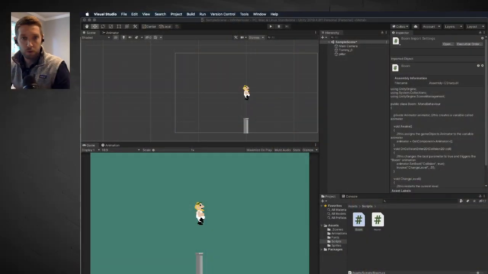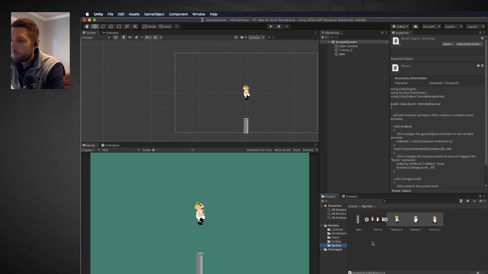Okay, so for this next part of the project, what we're going to be doing is working in the state animator, or the animator panel, so that when Tommy collides with another game object as a box collider, then he explodes. The object is to not explode, but we need to wire that up to make it work. So I'm going to switch over here into the game, and we're going to go into our sprites